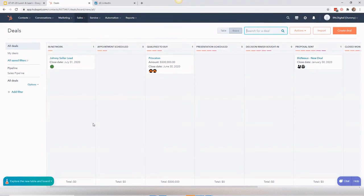So when somebody raises their hand to show that they're engaged with your campaign outreach, if they've downloaded an ebook or they've replied to an email or something along those lines, that immediately becomes a marketing qualified lead, and it needs to become a sales qualified lead. So ideally, you have those leads going into some sort of pipeline, right? So here we've got Johnny Seller lead, obviously an example, winding up in this first stage of the sales funnel